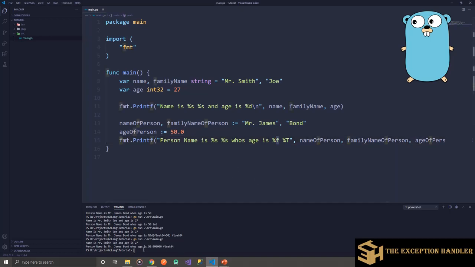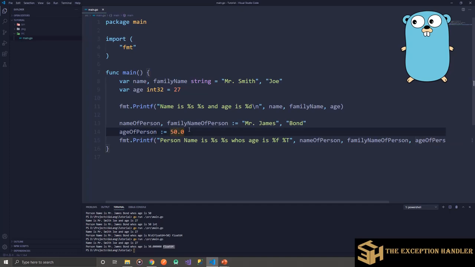So if you see, now it has given float64. So any value that does not have a decimal point in it will be an integer type, or if it has a decimal point, then it will be of float64.